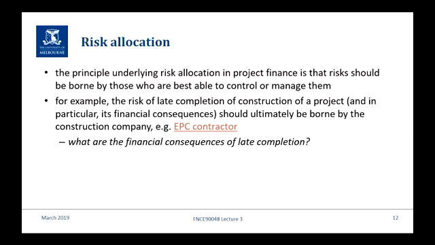I've spoken about EPC contractors already, and in practice there's a critical mass of these companies that call themselves EPC contractors. So they're conglomerate builders that have then taken over engineering firms, and they've taken over logistics firms and that sort of thing, so they can provide all the materials. But it's not necessarily that you use an EPC contractor. It can equally be just a straight-out construction contract. So who should be bearing the risk? Well, the ones that are doing the construction.